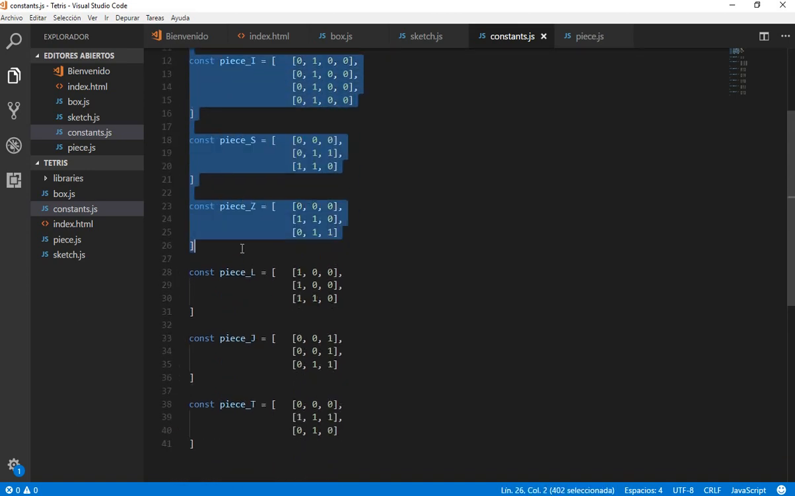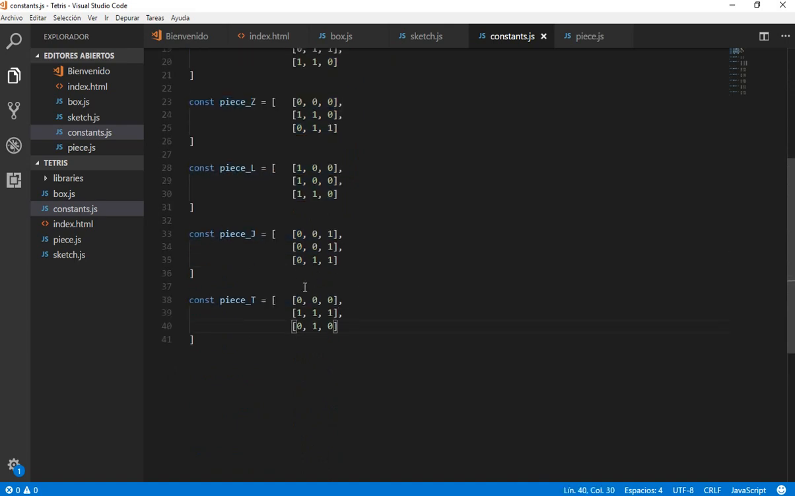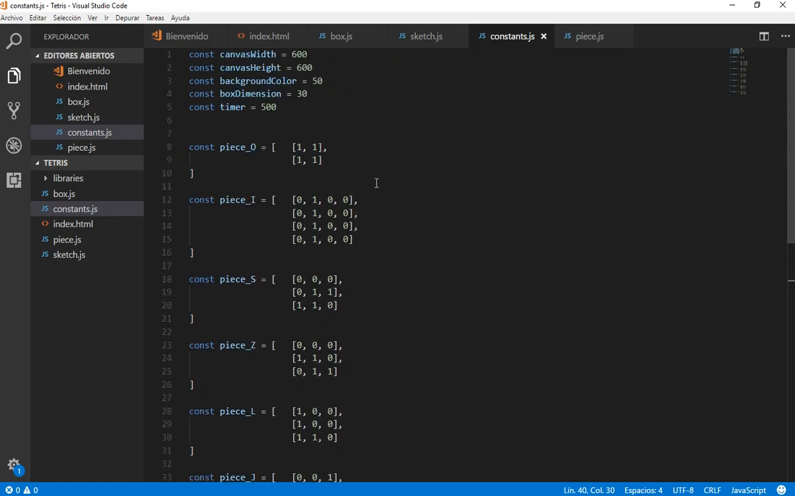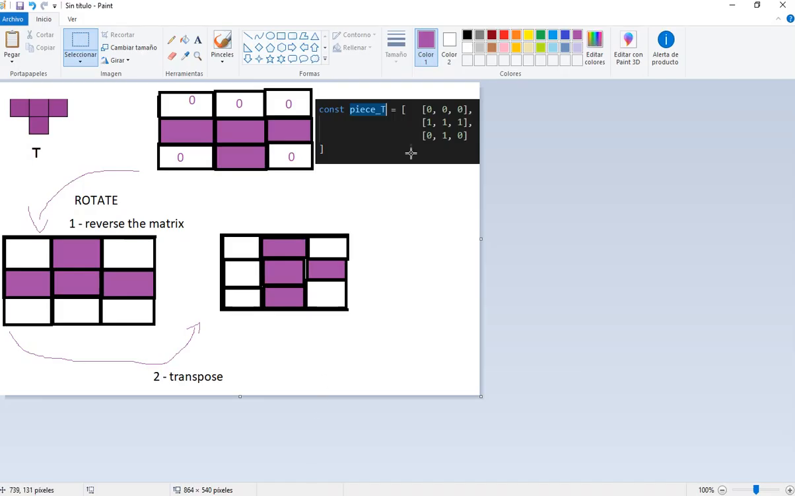I added all the pieces and well, I changed the nulls from 0, but if you put here a null, it is going to work the same because of the way that we programmed our algorithm. I think that was the only change that I did, and let's take a look how can we rotate a